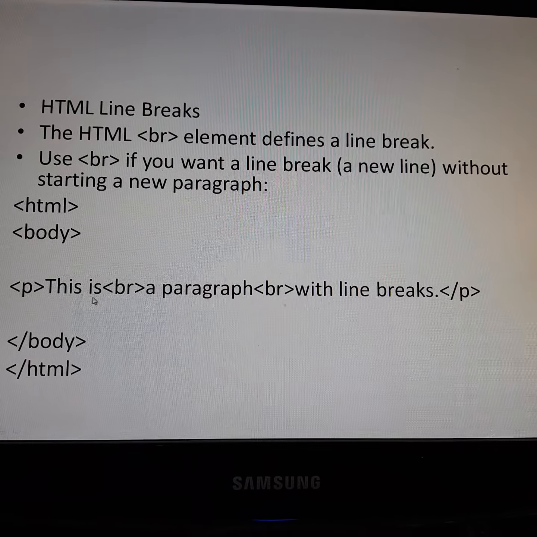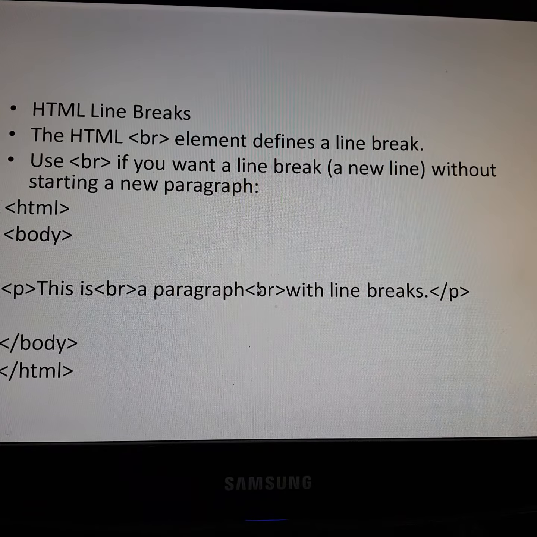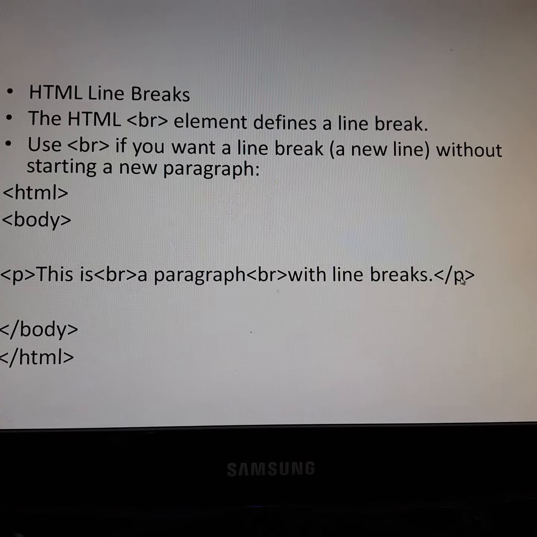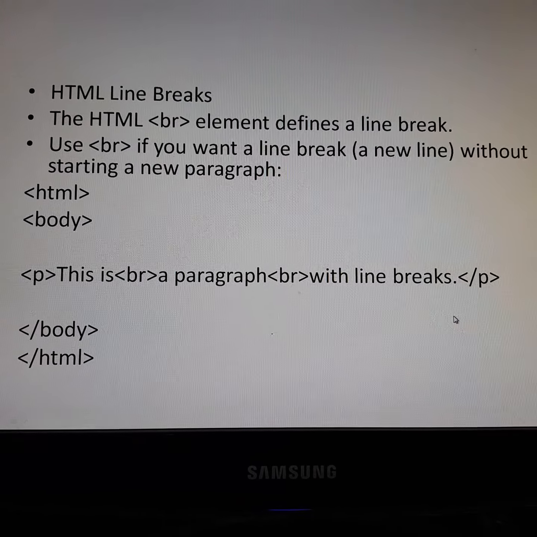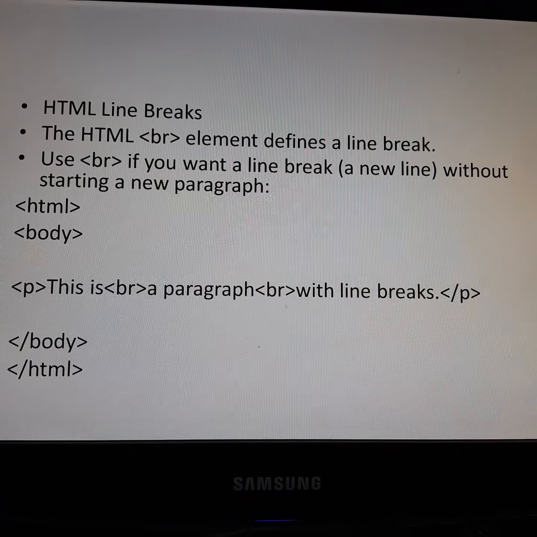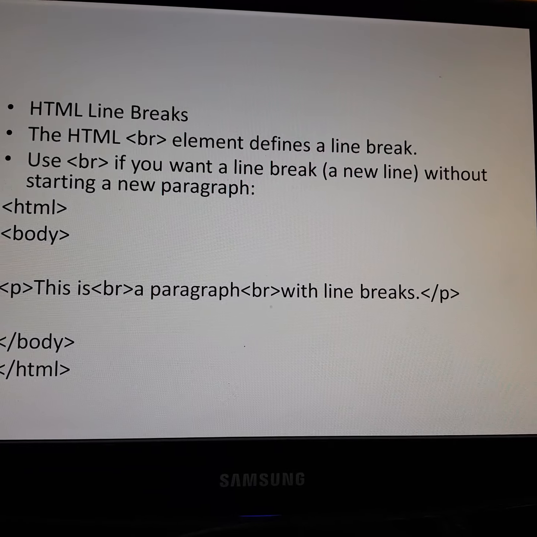So here we have written, this is a break tag, a paragraph with break tags and line breaks, then closing paragraph, closing body, and closing HTML. If you see the output for this, we'll just execute that particular program now.